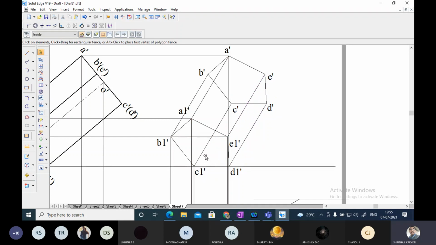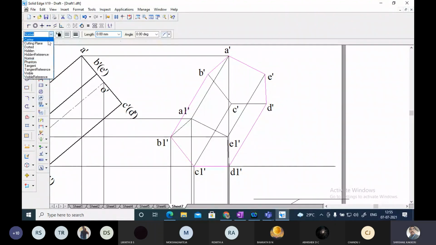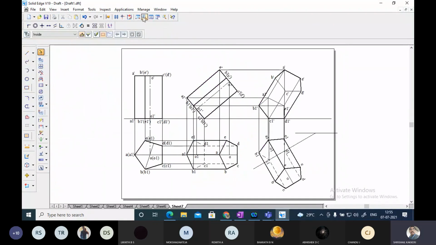Already I told you the C should be a thick line. So before that, what I am going to do is, all the outer lines you take and convert into visible first. And already I showed you, you can see that the observer is standing here, the corner C is nearer to the observer. That means this line CC will be visible to him, and all these will be visible to him. So CC can be made visible, and these two lines joining this CC can also be made visible.